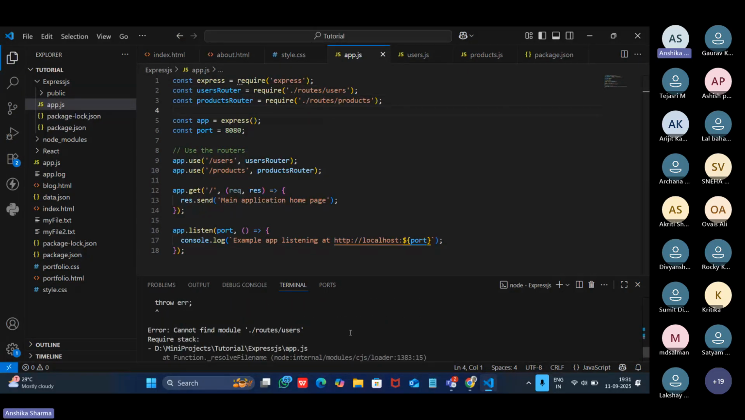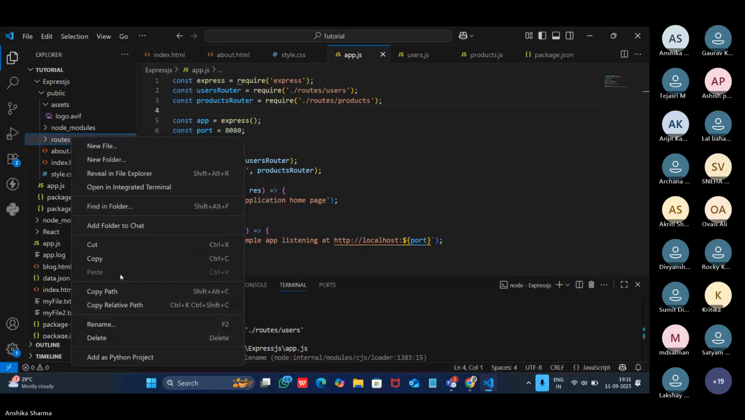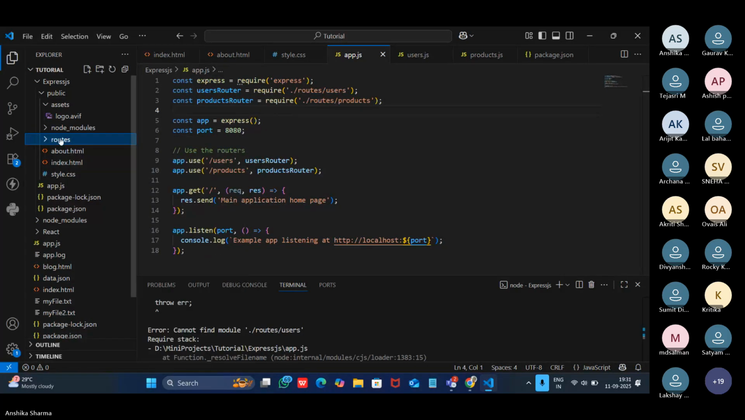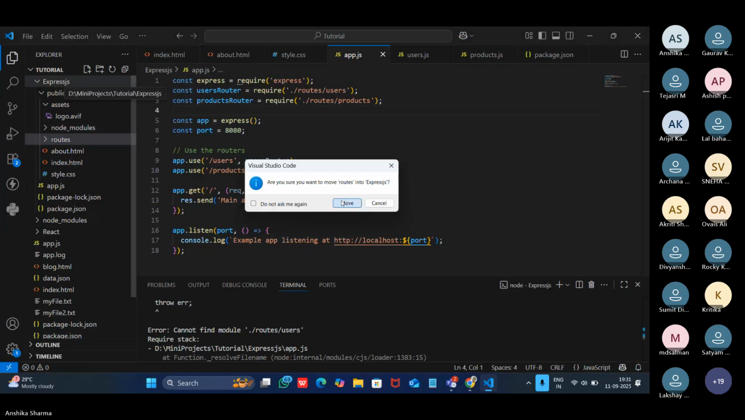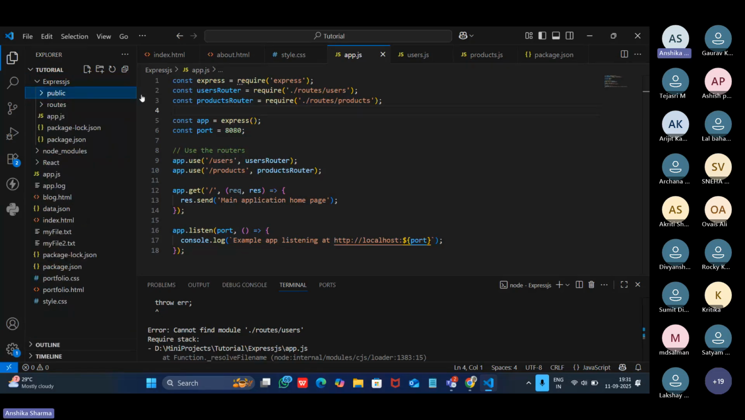I think I have created the routes folder in my public folder. That is why it is giving the error. And now it should not give the error. Yes. So in my 8080 port,